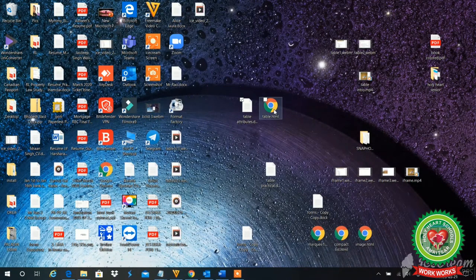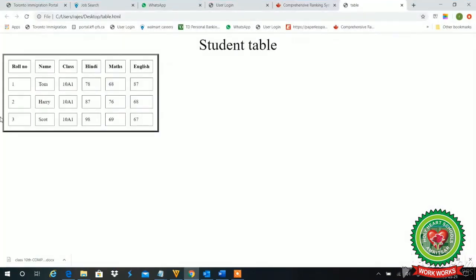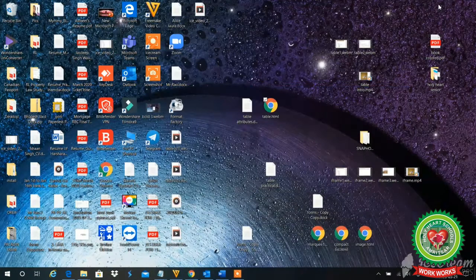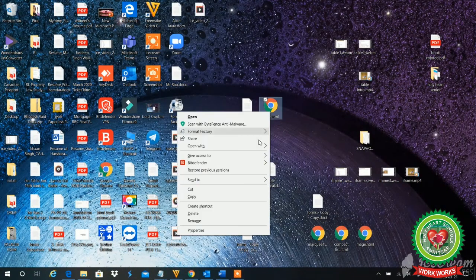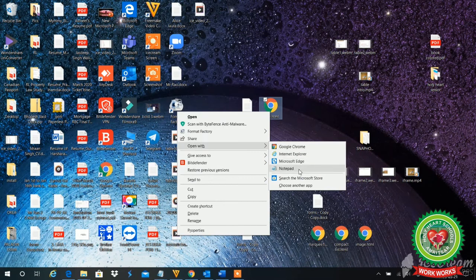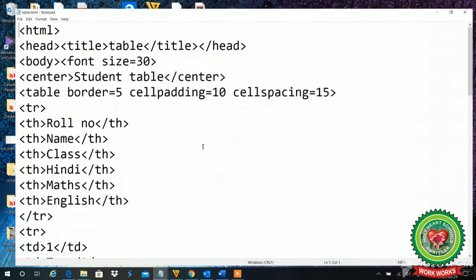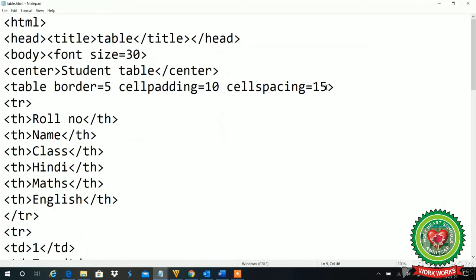Now see, by default, my table is sized according to the contents given, the cell spacing and cell padding. Now I want to adjust the width. For that, we will open the notepad and we will write width.